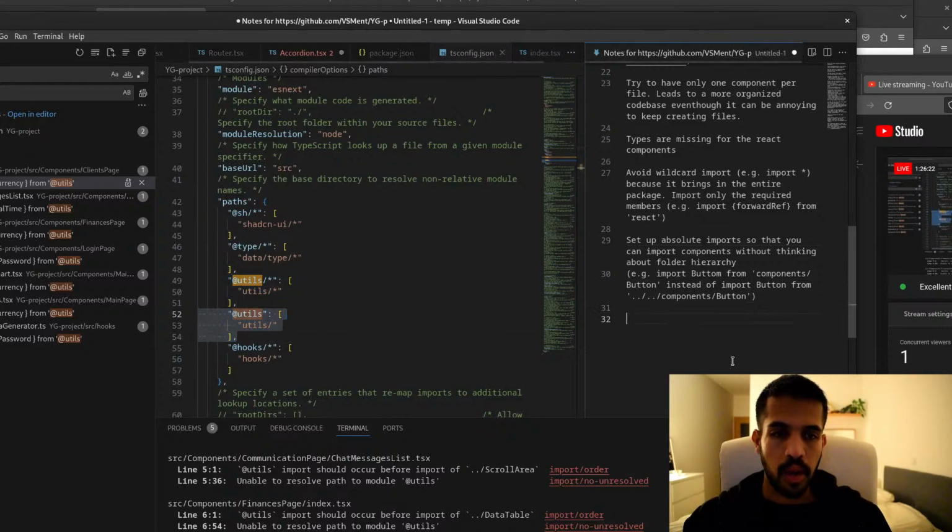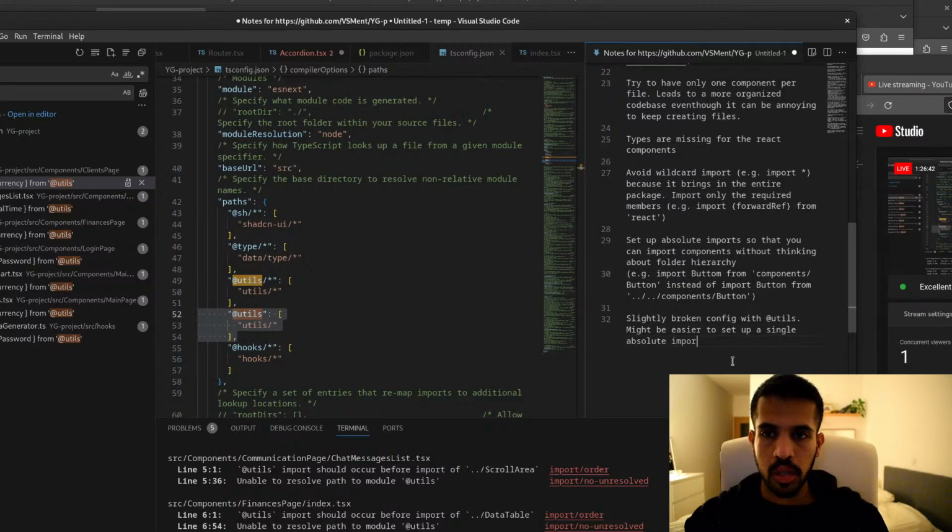So yeah, slightly broken config with at utils. It might be easier to set up a single absolute import base directory root and import from there. Yep.